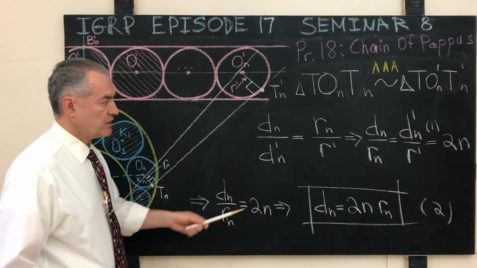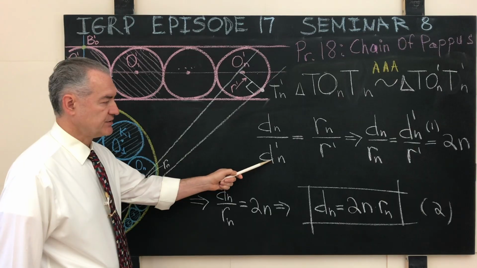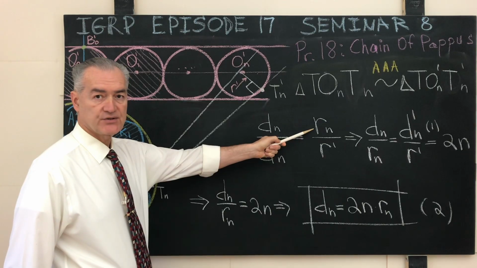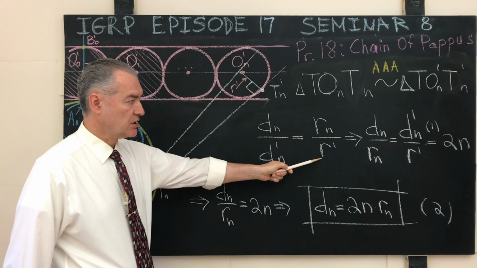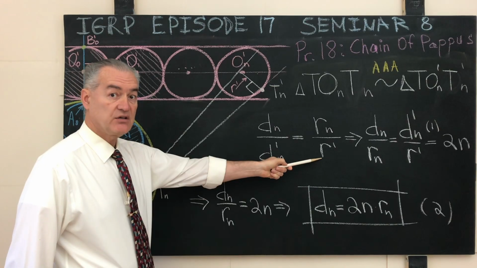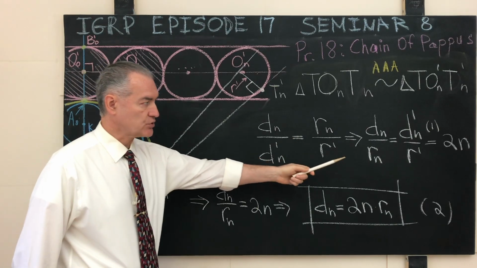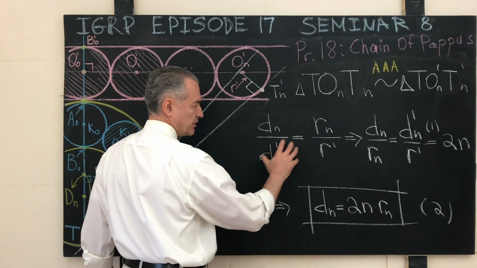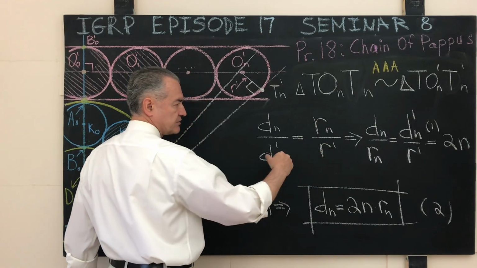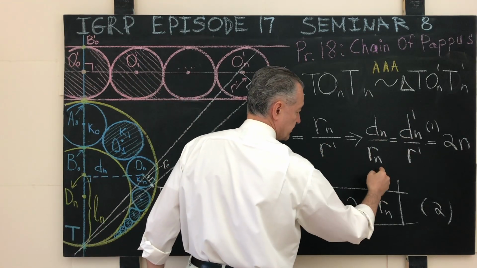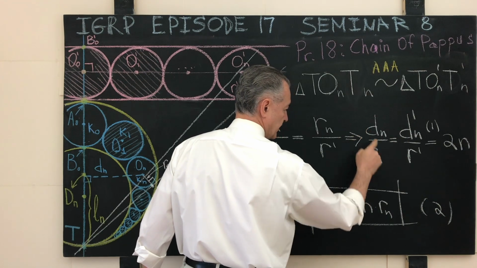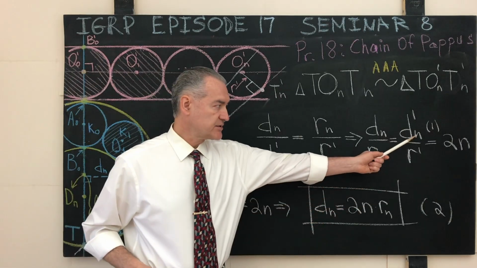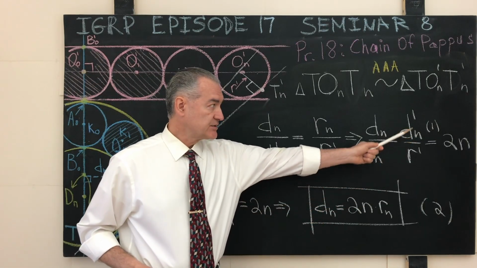Since we just proved that the ratio of the distance dn to the distance d prime n is the same as the ratio of the radius of the nth inscribed circle to the radius of the nth inverted circle of that inscribed circle, it follows that if we swap the denominator on the left hand side with the numerator on the right hand side, we see that the ratio of the distance dn to the radius Rn of the nth inscribed circle is the same as the ratio between the distance d prime, and remember